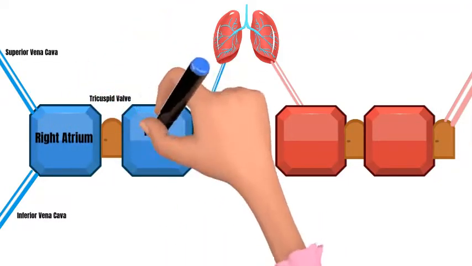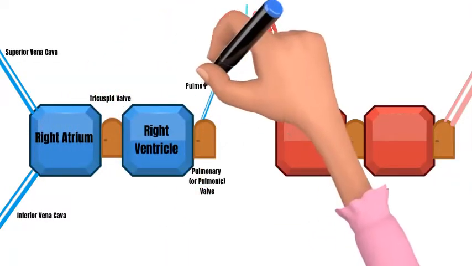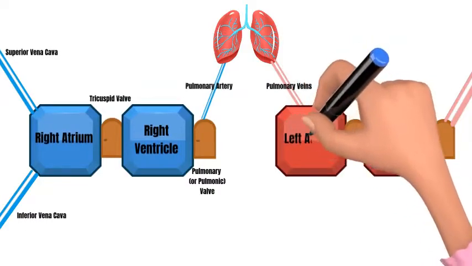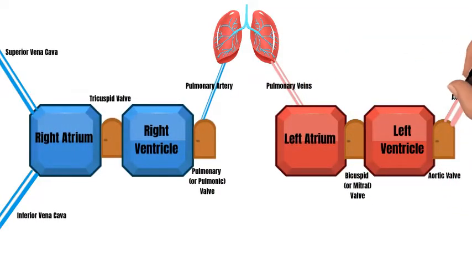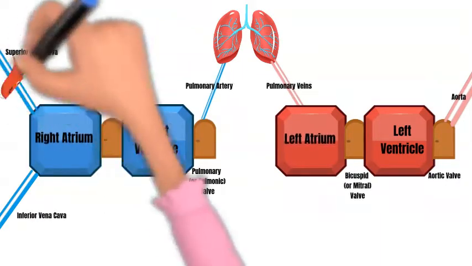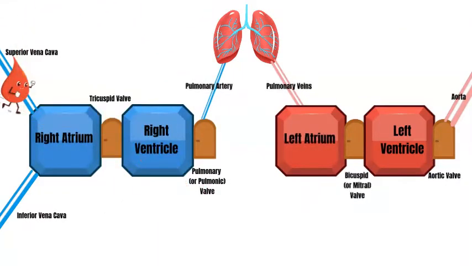So when we lay it out and label it, it already looks so much easier. So now what we're going to do is follow a single drop of blood through the heart. All right, so our drop of blood enters the heart through our first hallways, the superior vena cava and the